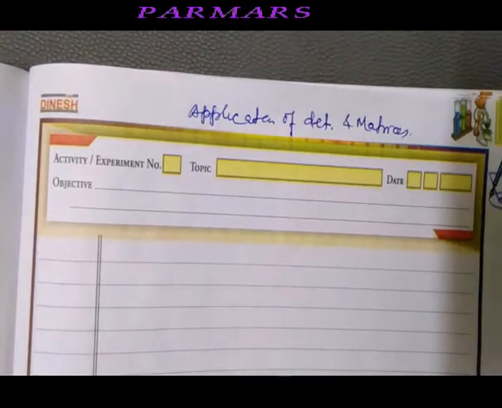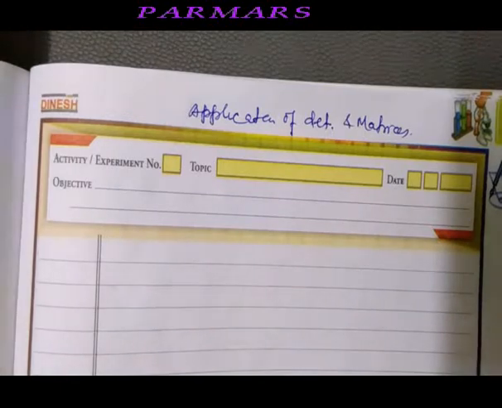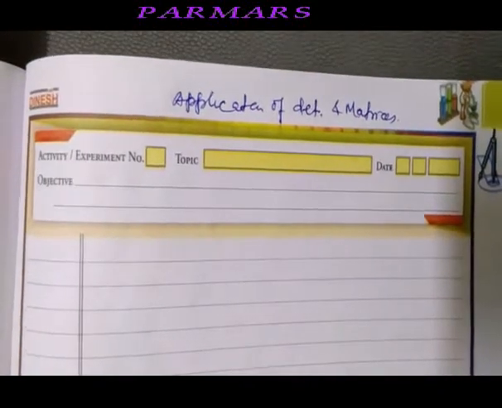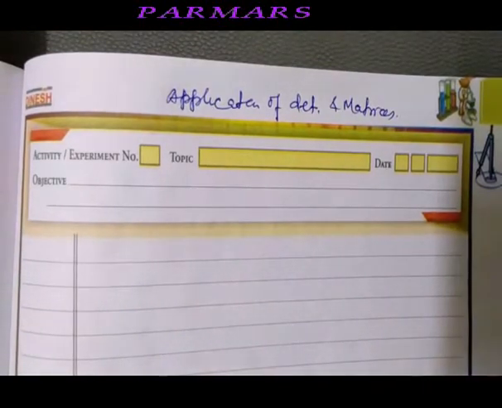Now, yesterday we have learned about the adjoint of a matrix, finding the inverse of the matrix by adjoint method, as well as minors, cofactors, area of triangles, and we have not done any problems. So before doing some problems, I thought that we just finish the concept what you have to study in the chapter matrices and determinants. So this is the last one, application of determinants and matrices.